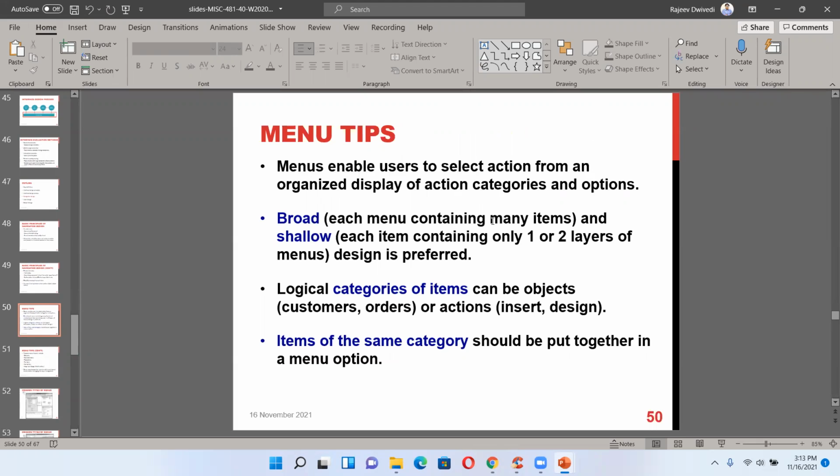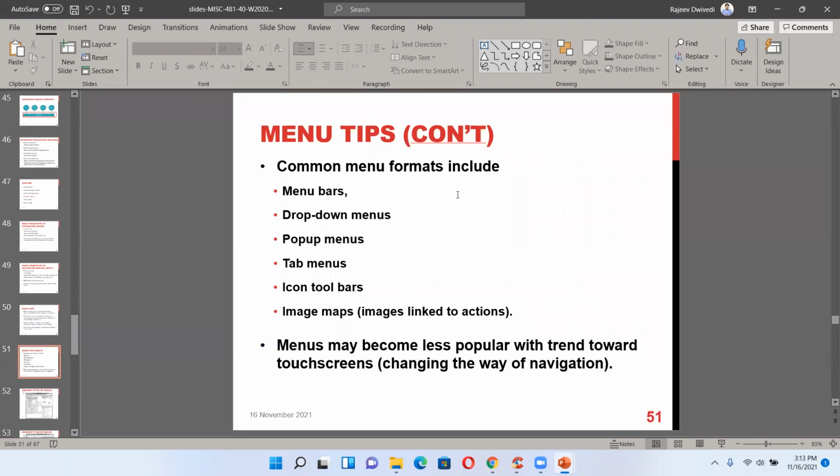Each menu contains many items, and each item contains only one or two layers of menus. This design is preferred. Logical categories of items can be object, such as customer, order, or action, such as insert, design. Items of the same category should be put together in menu options. We have already seen this with the EW website.